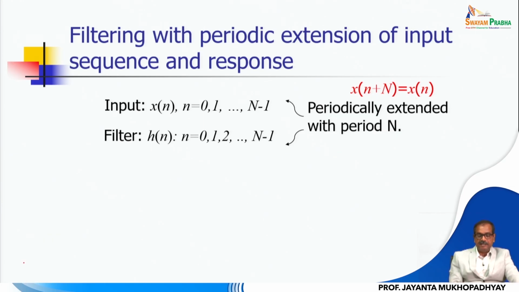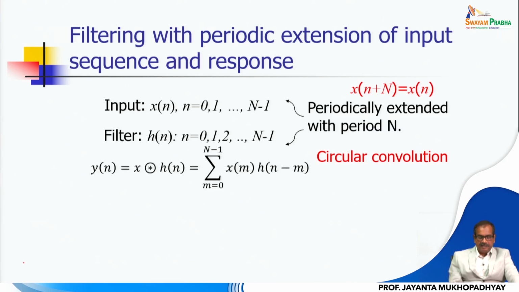So let us see what happens in the case of these convolutions, because I mentioned that even the output would be periodic. So if you perform linear convolution, it will be periodic. We just simply compute only N consecutive samples of that period, and this could be done using circular convolution, and its expression looks like this. This is the notation we are using for circular convolution, and this is a linear convolution